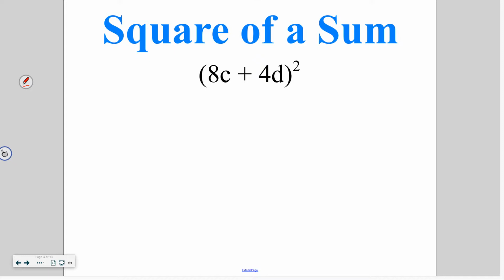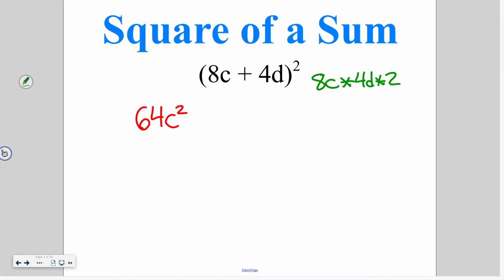8c plus 4d squared. So our a term, our first term, is 8c. So I'm going to square that number. 8 squared is 64, and c squared is c squared. So I've squared my first term. Then off to the side, I'm going to show a little work, and I've got the first term, which is a, so 8c times 4d times 2. So that's how I'm going to get my middle term,